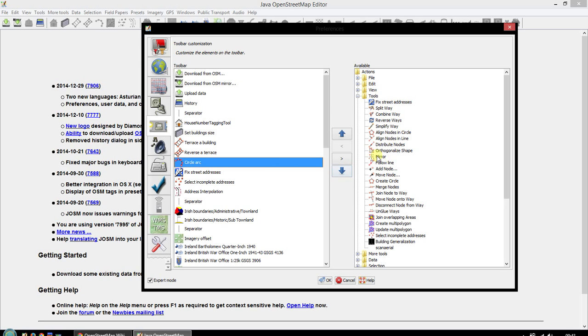What you want to do is move the following tools over onto the left side. Some will already be here, but you want to have split way, combine way, reverse ways, align nodes in circle, and orthogonalize shape. You want all of those on this side. Some may already be there, so just review them first. Once you've moved those over by clicking the left arrow to move them from this window into here,